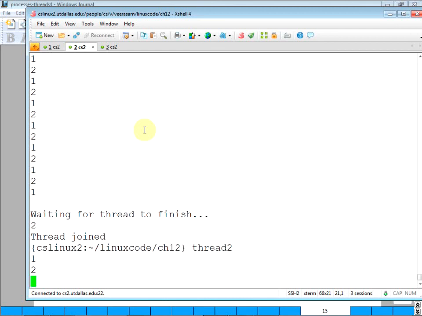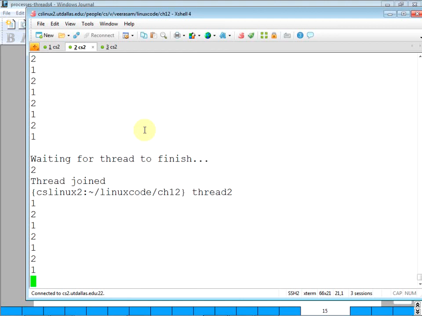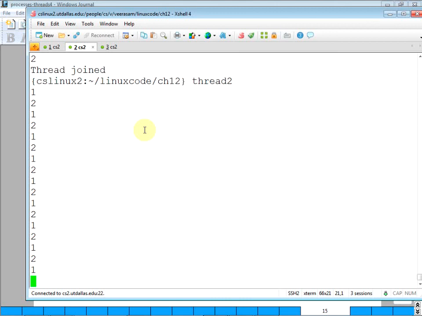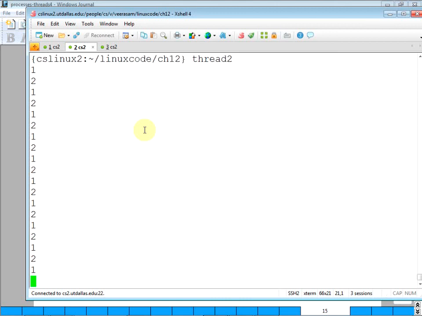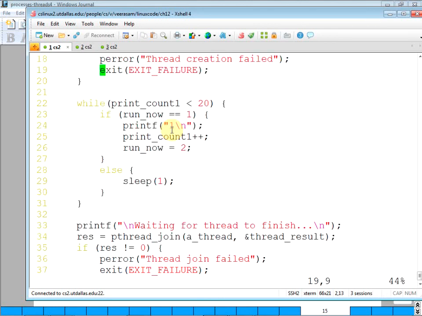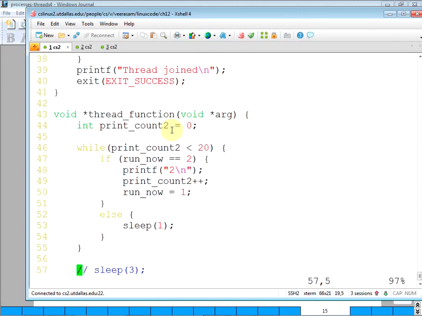You see how slow that is? What can I do to speed this up? Let's say in your application, for whatever reason, you want two tasks to take turns. You don't want it to be this slow. What can you do to speed it up? Reduce the sleep time. Let's go here. How will I reduce it? Comment it out, so sleep is 0.